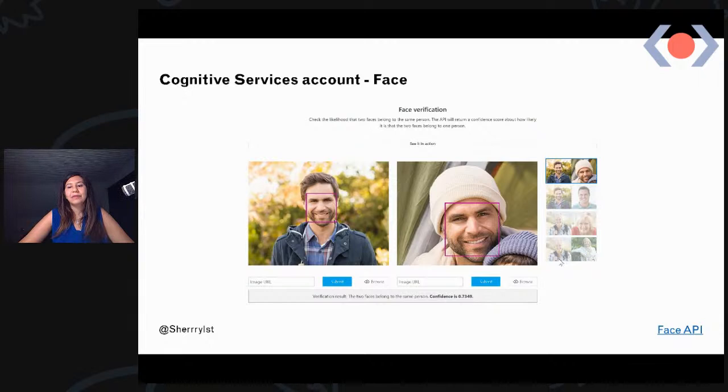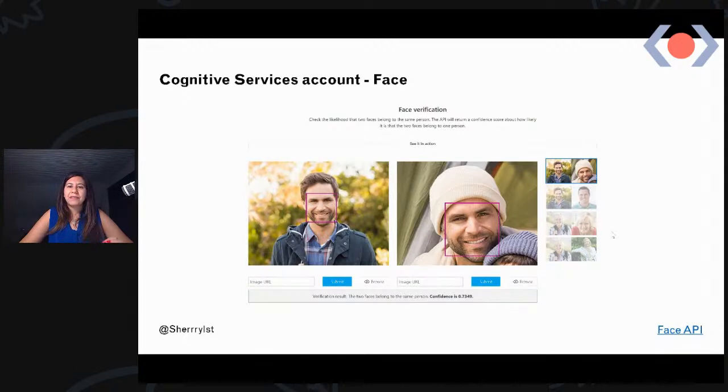And there is a link here to the Face API. There are multiple different things that you can customize there, for example the parameters that you send, like if I want to detect well-known landmarks in the picture. For example, if I'm standing in front of the Eiffel Tower, it recognizes it as well.